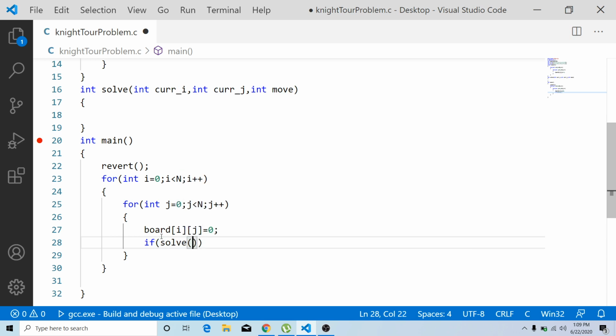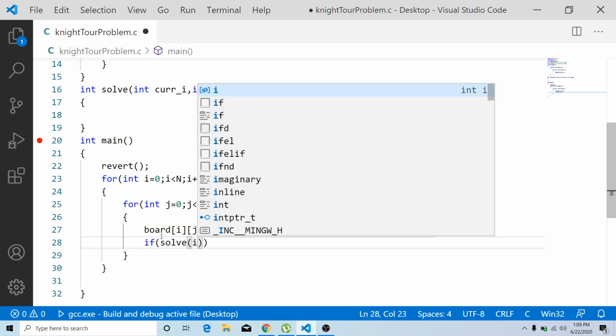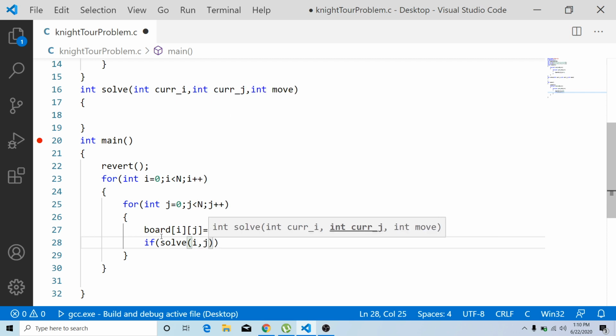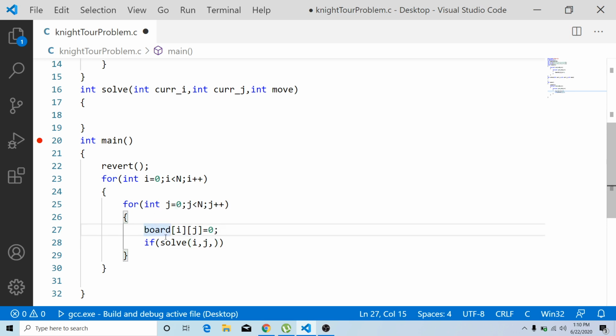What are the parameters we are sending? The current i value, that is the current position. The loop variable i is the current i position, and loop variable j is the current j position, comma, what is the present move? The 0th move is already completed, so you have to start with the 1st move.